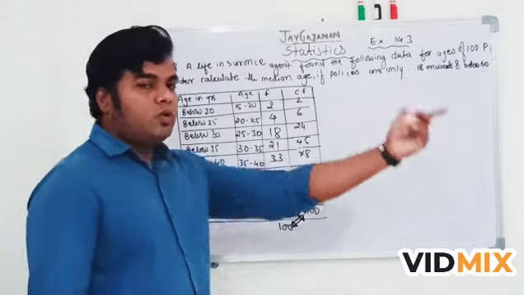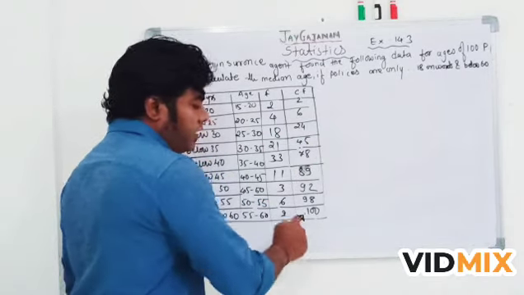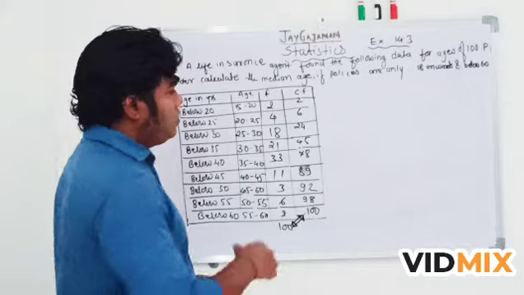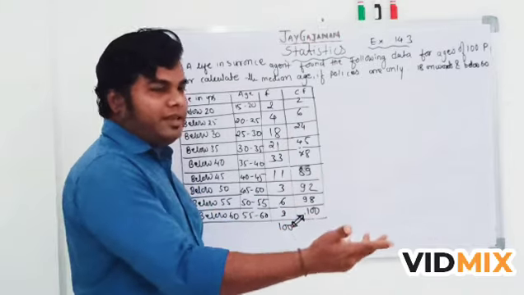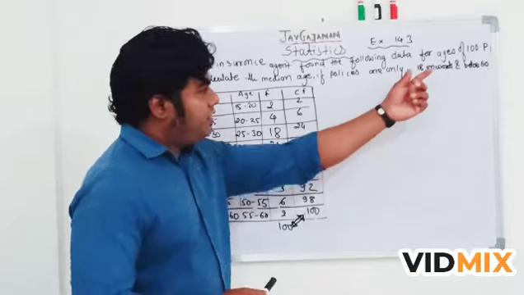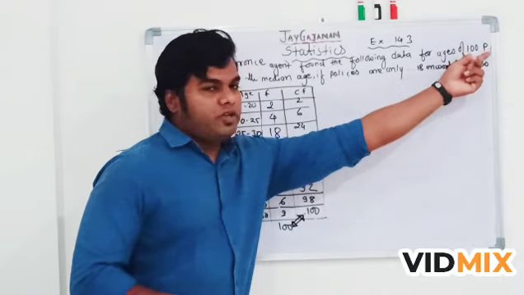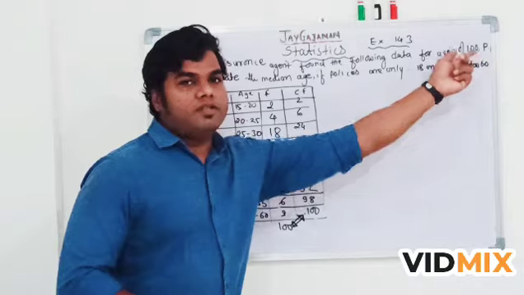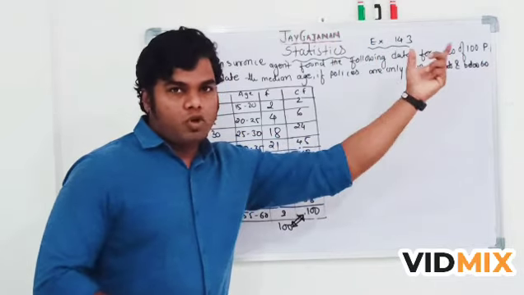Now see, as I told you also, that these two things are equal. And one more thing, to identify whether it is cumulative frequency or not: if you add it, you will not get the addition 100. Here in the question 100 policyholders are given. This is always the summation of the frequency.